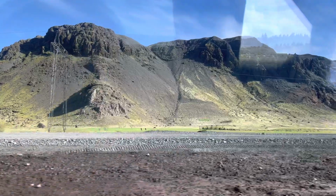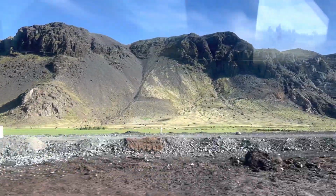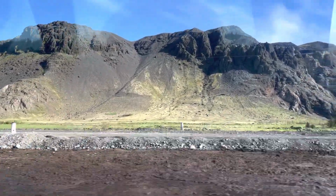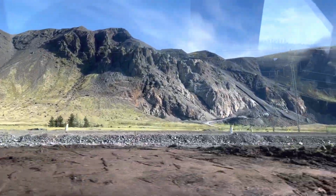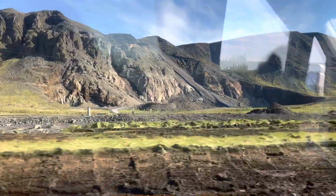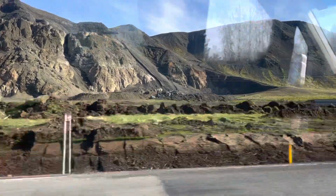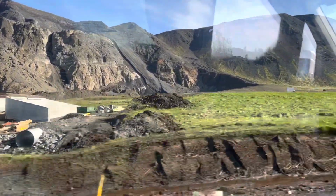The mountain of Ingólfur. And Ingólfur was the first settler here on the south. Ingólfur was a clever guy, I think. At one point he was searching for land, and he was sitting in his high chair. It was a high chair to show his position, and this chair had two wooden pillars on each side,